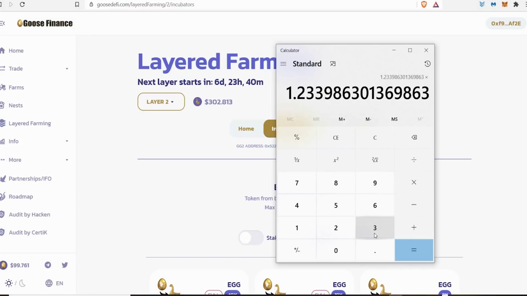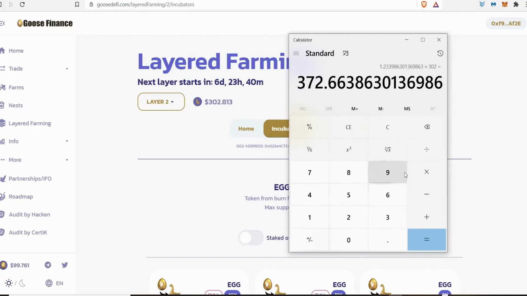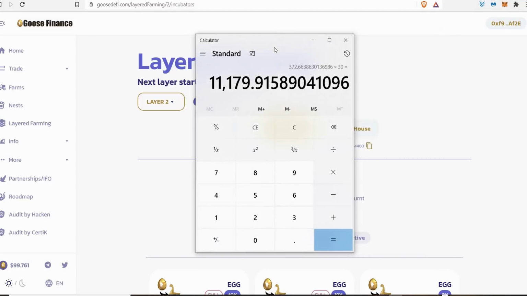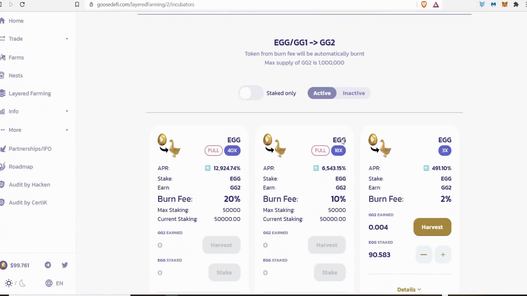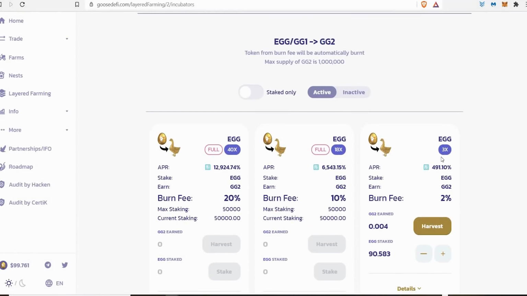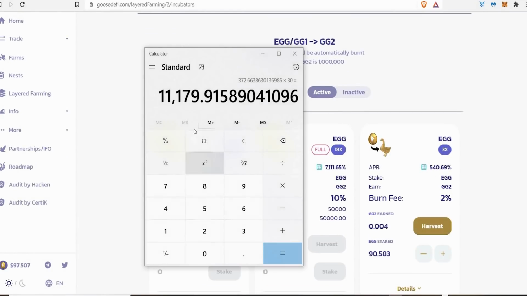So times this by $302 here, it says $372 every single day. Times this by 30, I would be looking at, okay, whether I'm wrong here, but as far as I'm aware, over 30 days, just in this incubator alone, based on the prices that we see, if it was to remain like this, I would be earning, well, it's coming down a bit now, right? So you can probably take a couple of pounds off. I would be making a couple of dollars off,